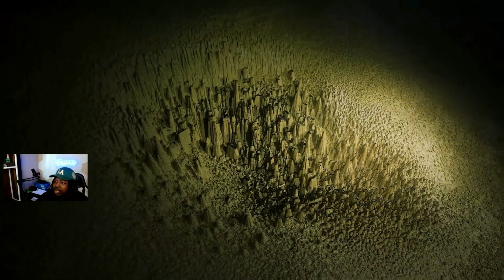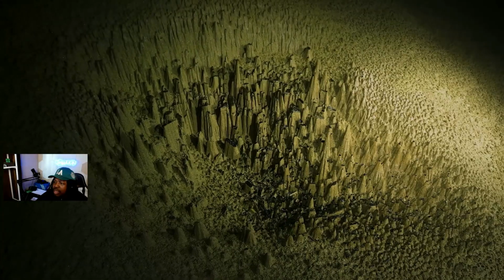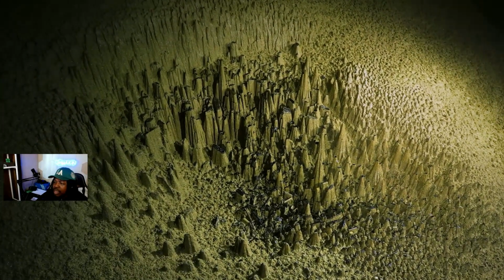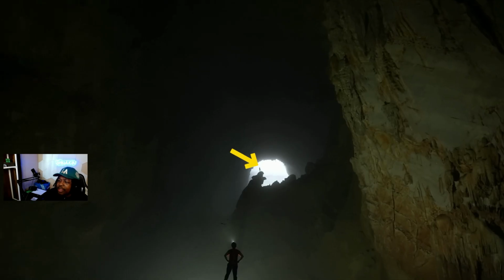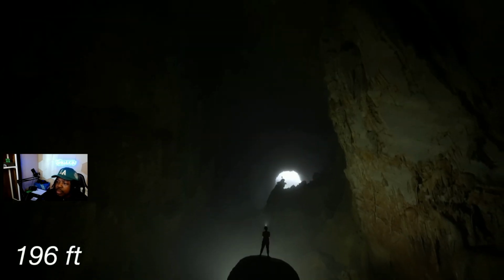These are sand towers. When water drips from above, the parts under the pebbles are protected while their surroundings erode, and in the end, it forms these towers. It looks like a small metropolis. If you carefully look at it, there's a guy standing on the top of that rock. How far is that? Our teammate in the distance is now standing on a stalagmite of 60 meters in